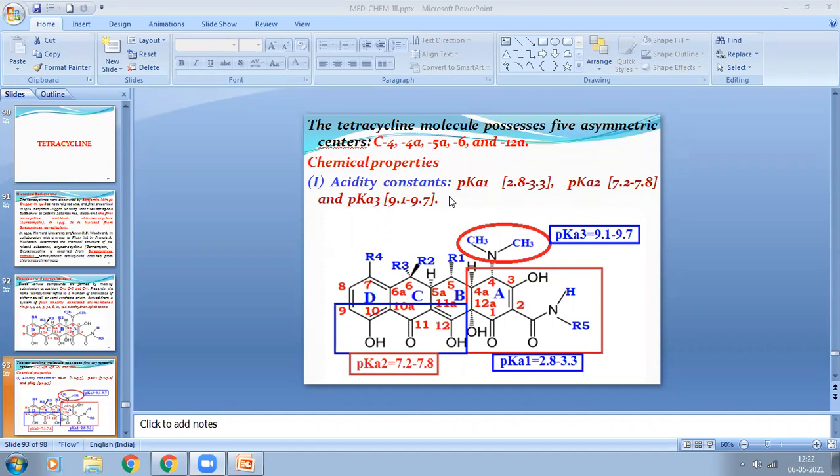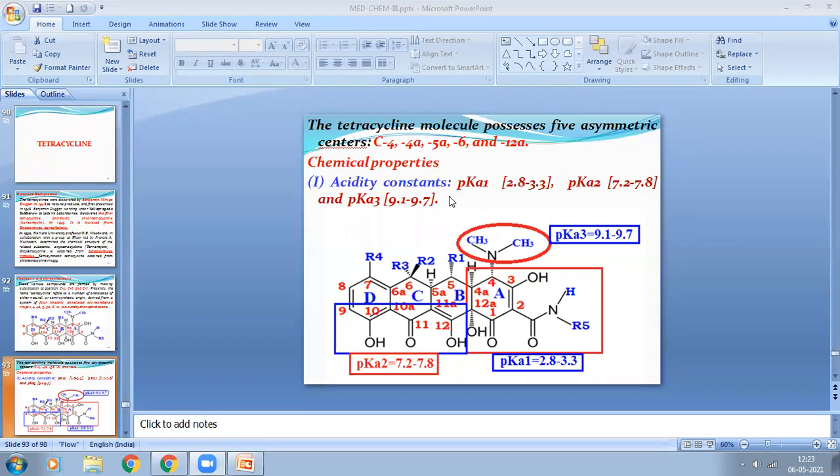So what does the acidity constant mean? Acidity constant is defined as a measure of the strength of an acid or a base and is denoted by pKa. Remember, it is applied for the conjugated acid or bases, and it is designated by pKa. It is also designated as ionization constant or dissociation constant, as the substances are able to ionize or dissociate depending upon the solvent.